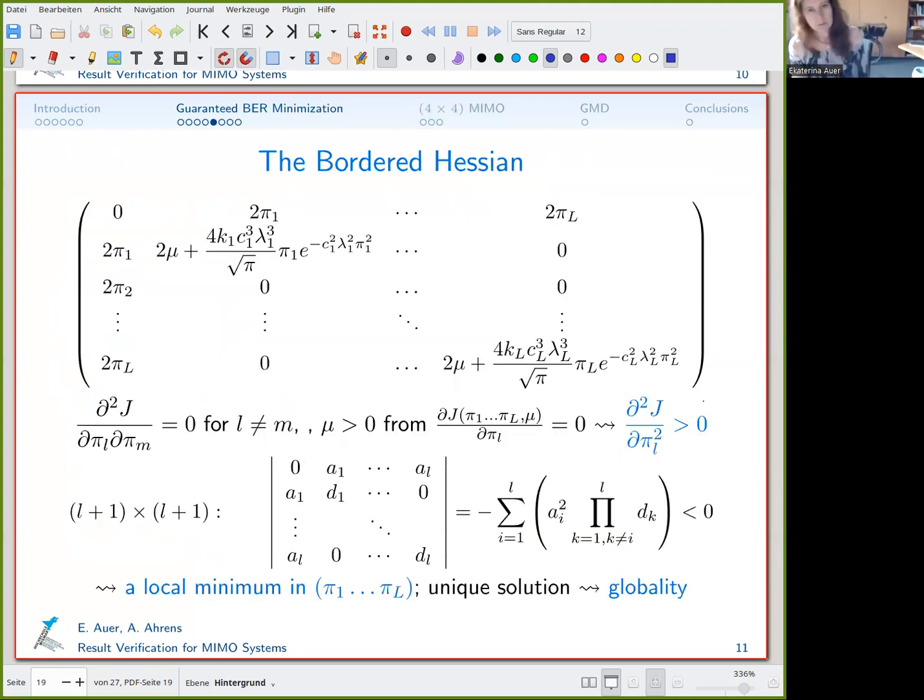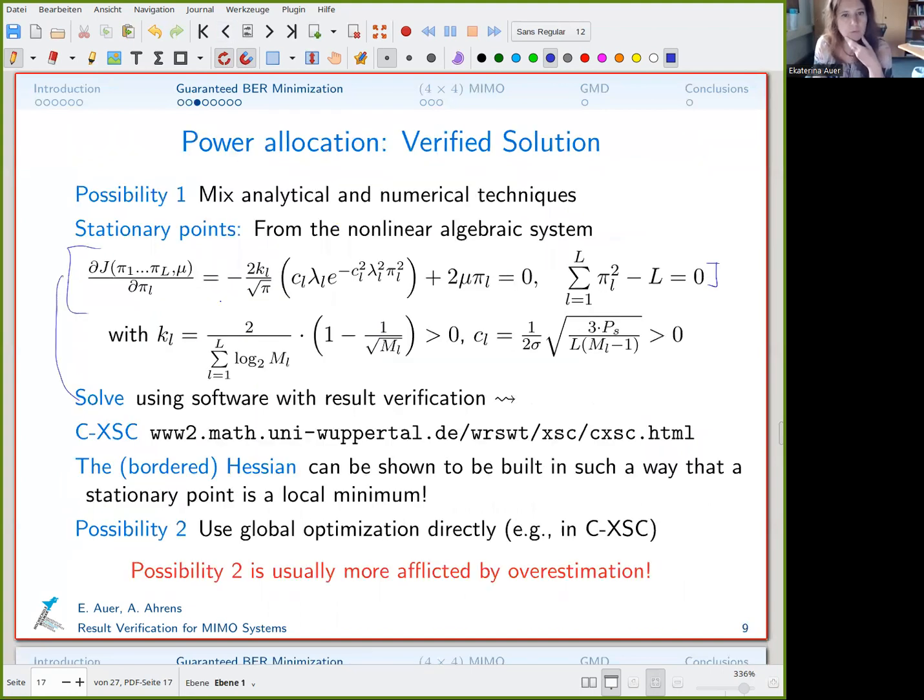All right, so now let's take a look at the bordered Hessian. Because we have just one constraint, we have a border of just one column and one row in this Hessian. The second derivatives with respect to each of those coefficients p sub L are also simple, because we only have non-zero values on the diagonal here and all other values are zeros. And if you take a look at those derivatives, we see from the previous slide, not from this one, that